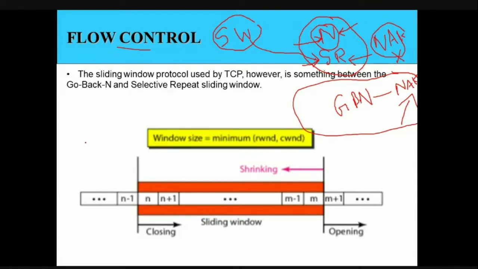If you remember in the data link layer, let us say this is the sender and this is the receiver. The sender is going to send 1, 2, 3, and now let us say the receiver has received 1 and 3. The receiver will wait until the second frame, with respect to the data link layer, also comes. Only when the second frame comes are all these three frames grouped together